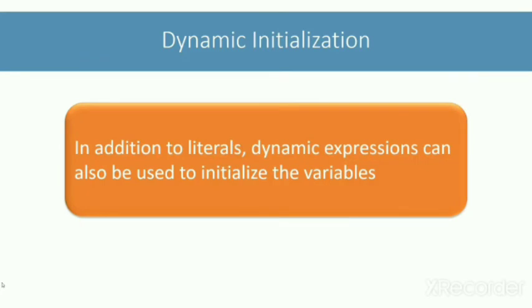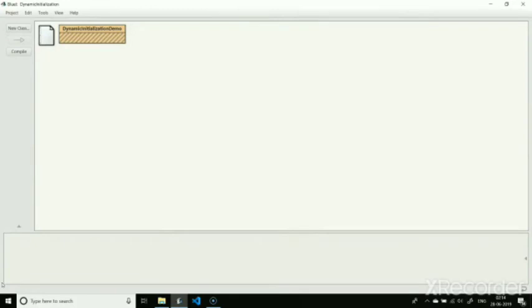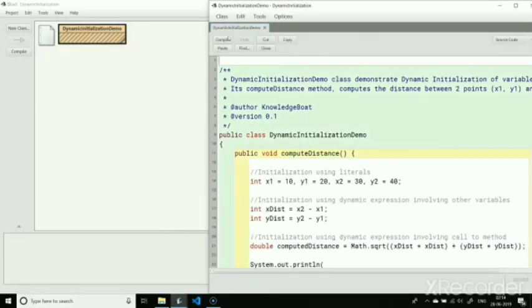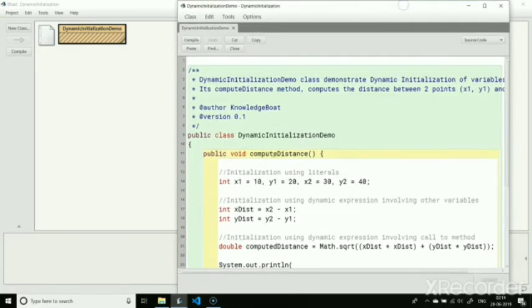Let me show you what I mean by dynamic initialization through a BlueJ program. The computeDistance method of the DynamicInitializationDemo class computes the distance between 2 points specified by their coordinates x1, y1 and x2, y2.